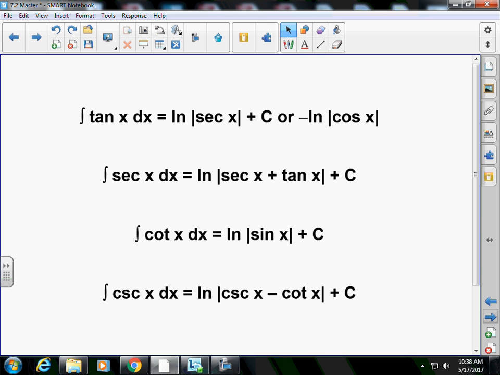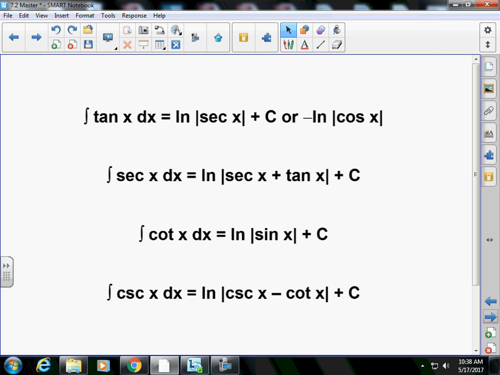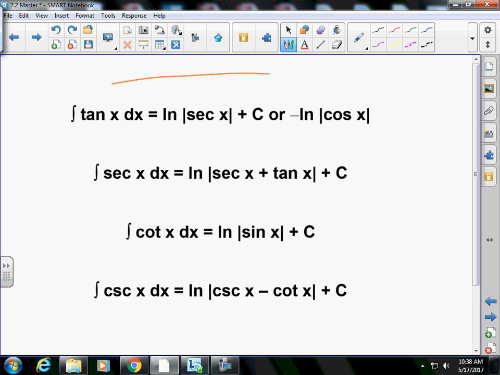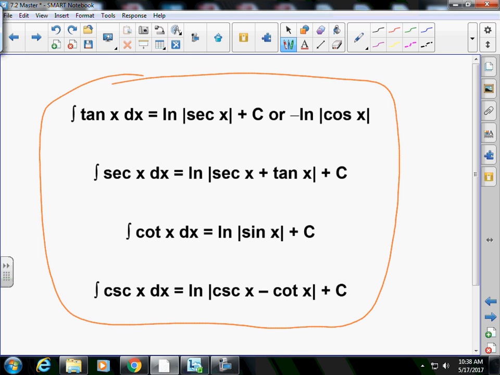We didn't derive that one, but it's going to be given to you on the test: the integral of secant x dx is equal to the natural log of the absolute value of secant x plus tangent x, plus c. The integration of cotangent of x dx, again, will be provided to you on the test: natural log of the absolute value of sine x plus c. And then the integration of cosecant x dx is equal to the natural log of the absolute value of cosecant x minus cotangent x plus c. All of these will be provided to you on that sheet,